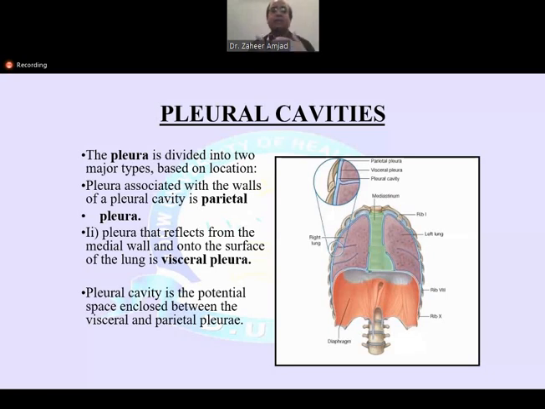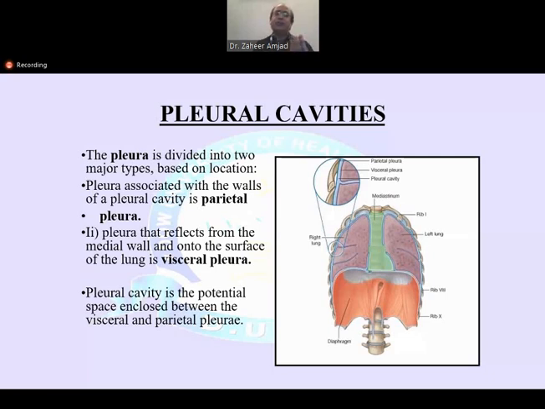So the pleural cavity is the space between the parietal and visceral pleura. That is the thin space which surrounds the lungs. Lungs are not present within the pleural cavity. Normally, the pleural cavity only contains a thin film of liquid that allows the slipping movements of the lungs while expanding and deflating. So the visceral pleura is attached to the lungs, and the parietal pleura is attached to the